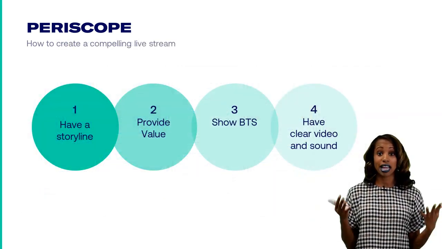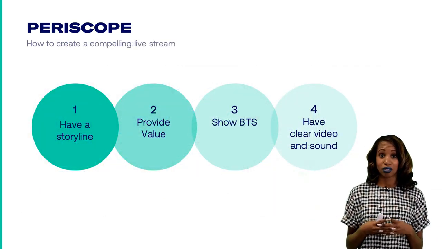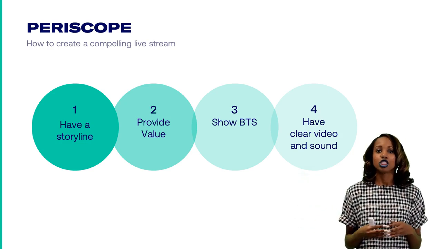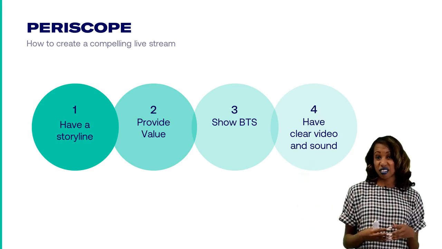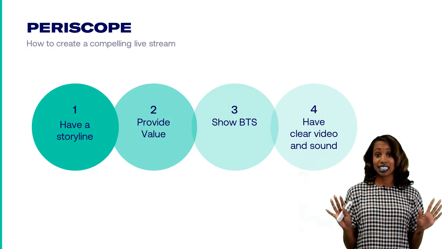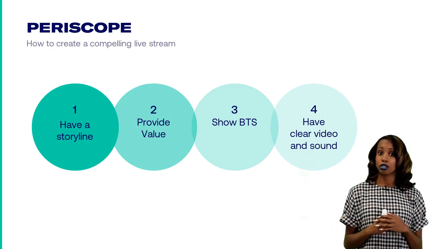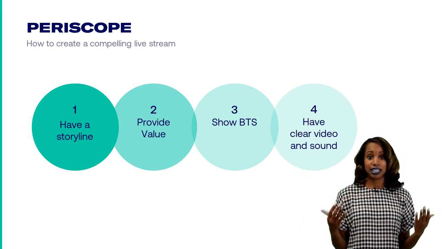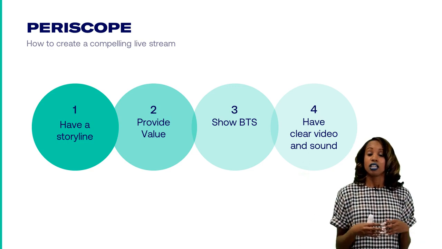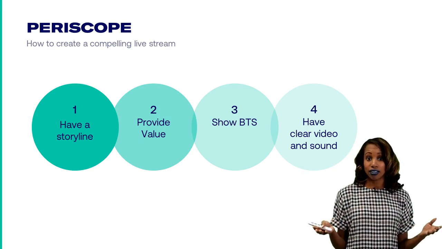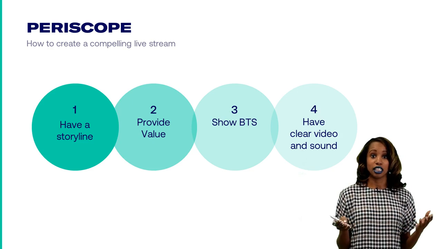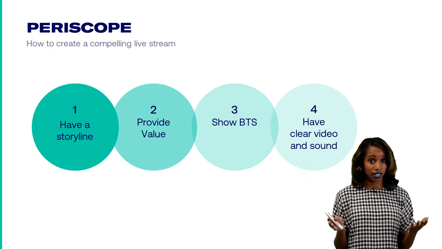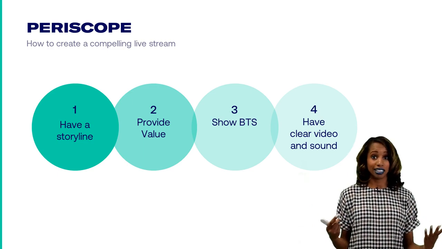So now let's talk about the elements for creating a compelling live stream. Have a storyline. Make sure you're providing value. Show behind the scenes aspects and have clear video and sound. The best case scenarios for broadcasting on Periscope include capturing live commentary around political debates, capturing live action demonstrations, doing live conversation around global events, community-focused discussions, customer feedback and customer service, a product unveiling, fashion shows, car races, tutorials,